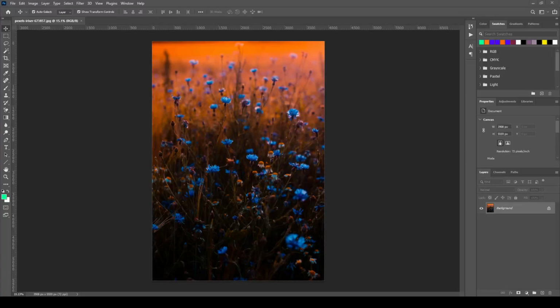In today's video, I'm going to teach you how to use the Camera Raw filter in Adobe Photoshop. Whether you're touching up a photo for personal use or working on a professional project, mastering this feature can bring your images to life with stunning clarity and depth. We'll be walking through this process step by step, so even if you're a beginner, you'll be able to follow